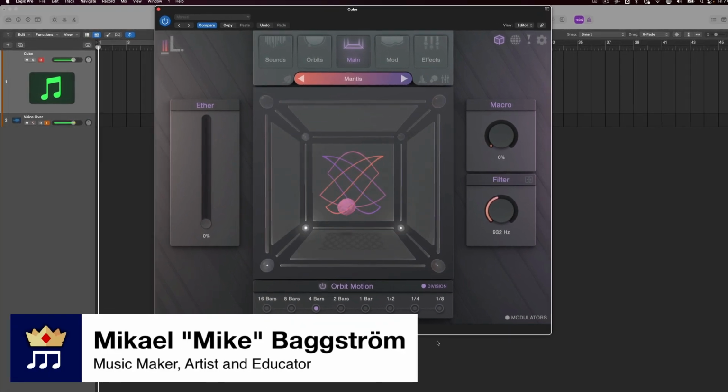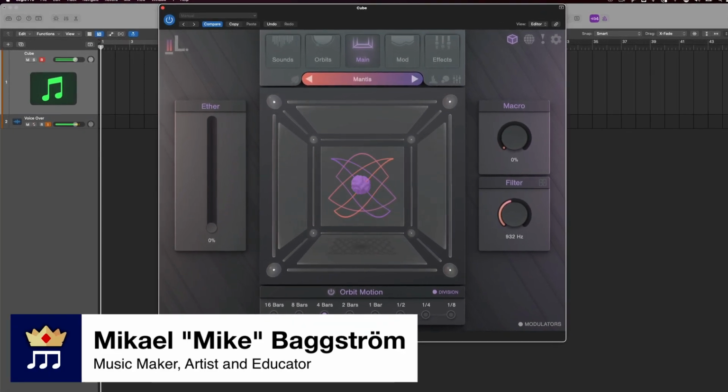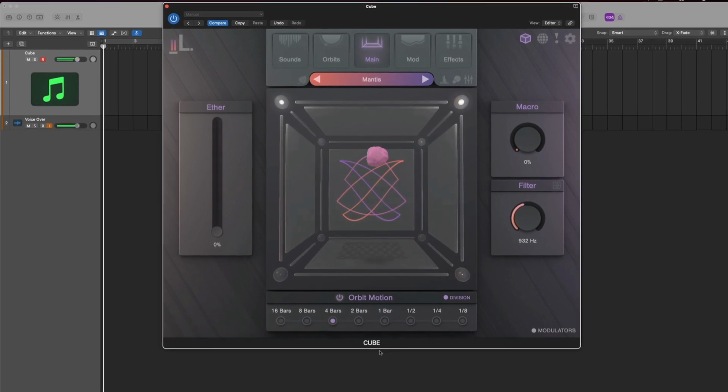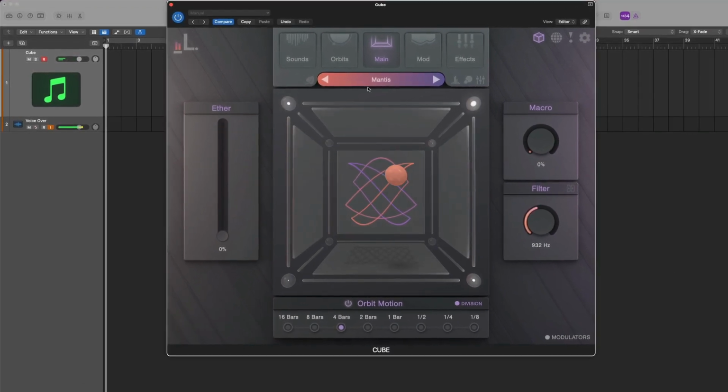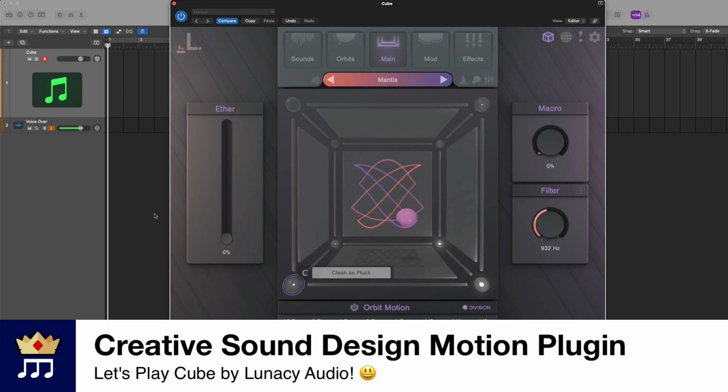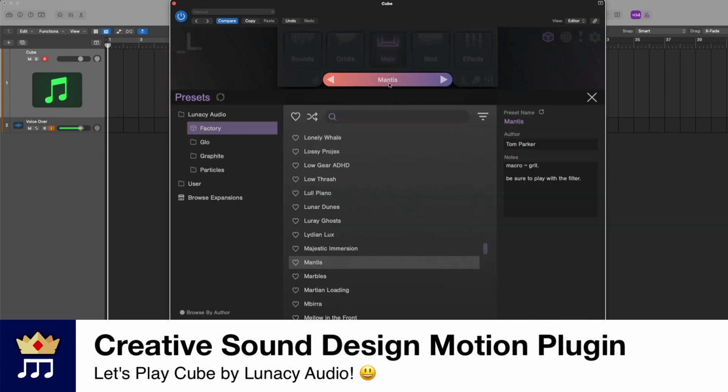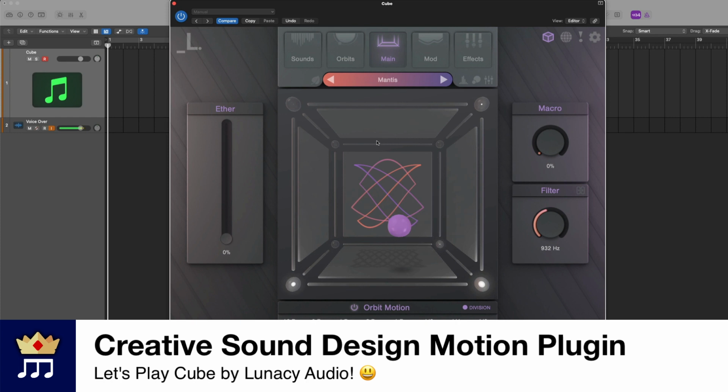Today we are checking out this plugin called Cube by Lunacy Audio. Alright, so what is this plugin about? Well, it's basically a sound design plugin where you have lots of sounds in the preset library, and most importantly,